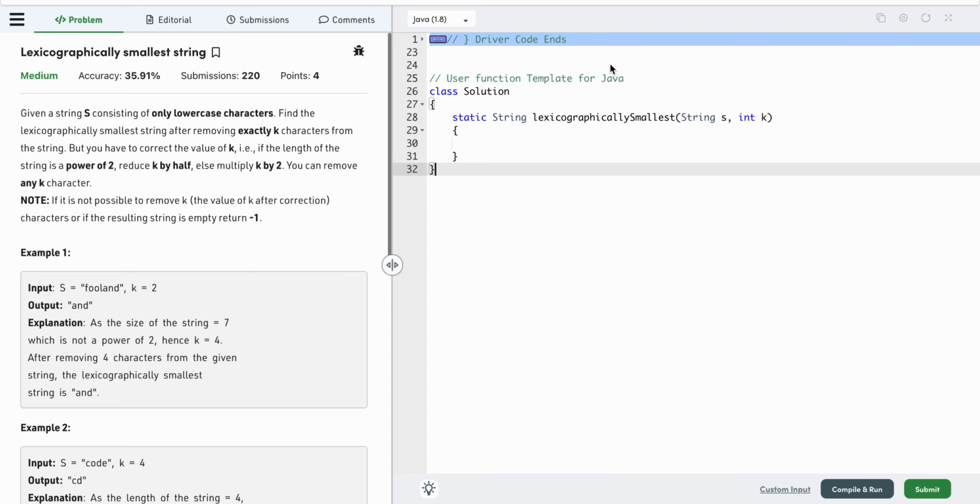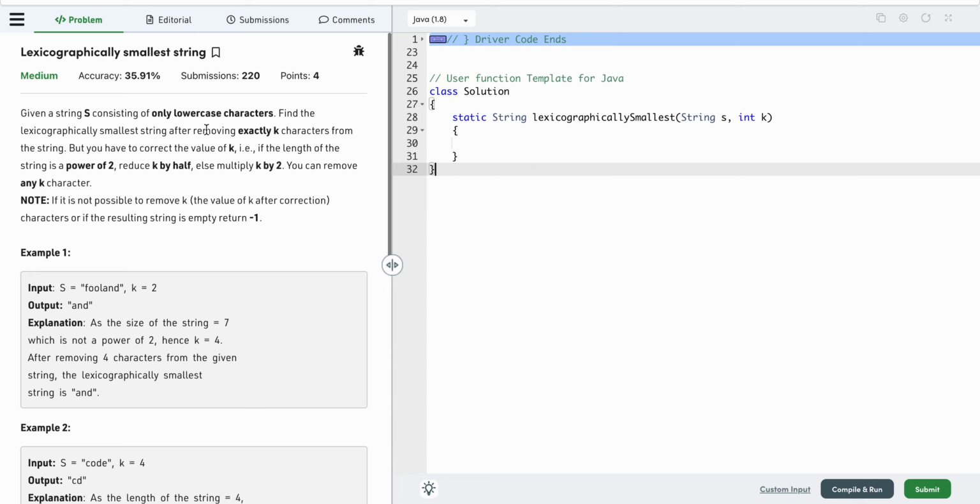Everyone, today we'll be doing the lexicographically smallest string problem. It's basically a string and an integer value given as the problem statement. Here you can see an example, where a string will be given and an integer will be given. Now what we have to do is, whatever the integer has been given, first we have to check with